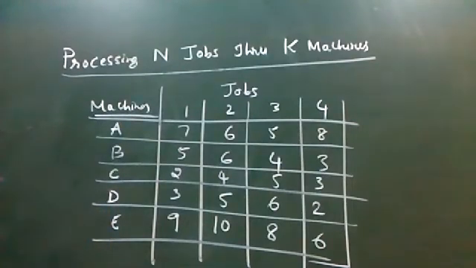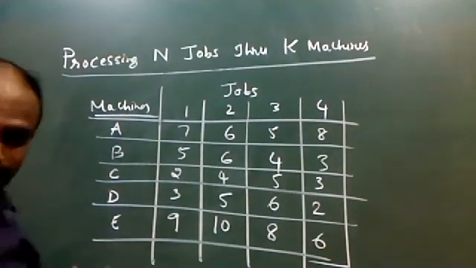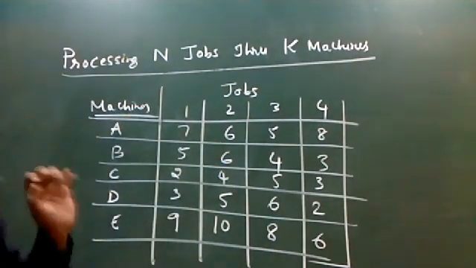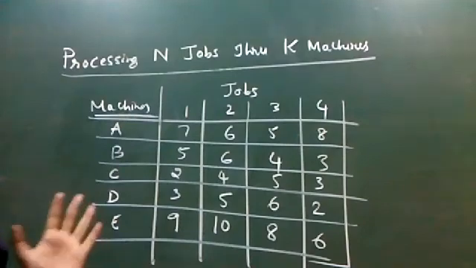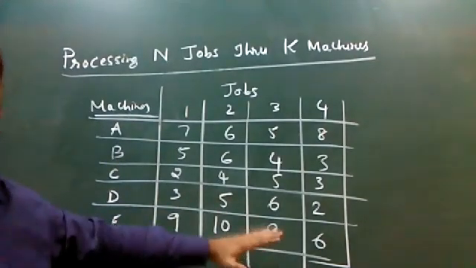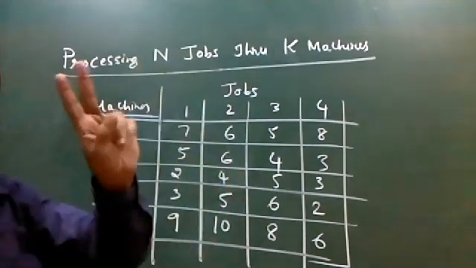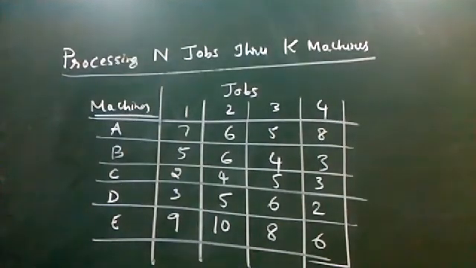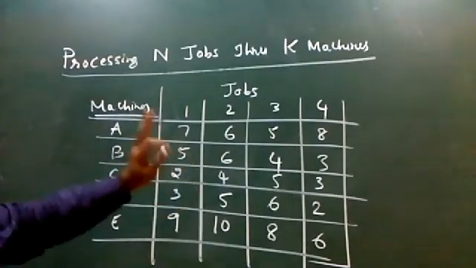Okay. Now, as I already told you, you cannot apply Johnson's rule if the number of machines is more than 2. So obviously, what is your objective now? Our objective is to convert this problem into a 2-machine problem. But before we convert it, there are certain prerequisites, certain conditions to be verified. Only if these conditions are verified are we able to convert the problem into 2 machines.